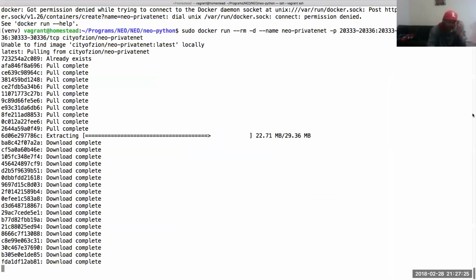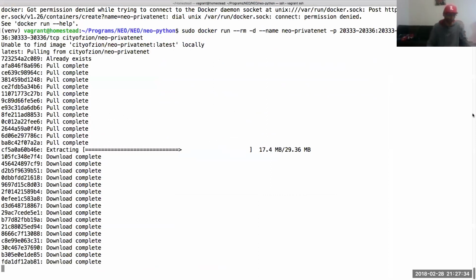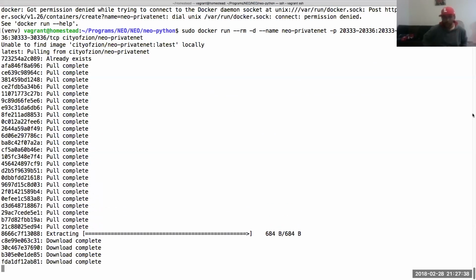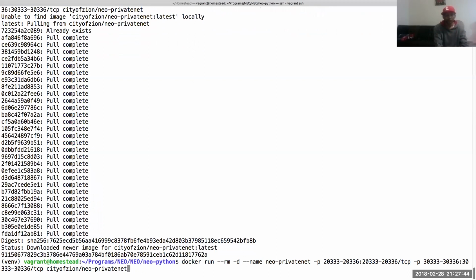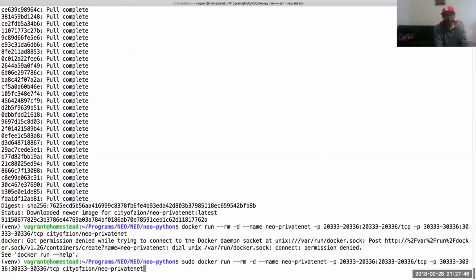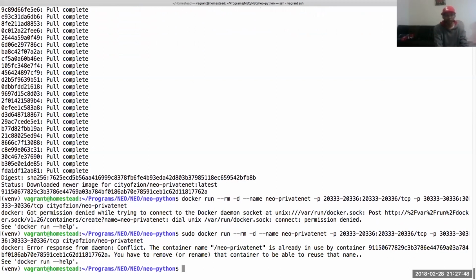Technically, I already have it set up on our server because we had to do it at the hackathon. I set up a private net on one of my virtual servers, so when we get to testing and whatnot, we can do all that. All right, so let's see that. Is it running? All right, cool.